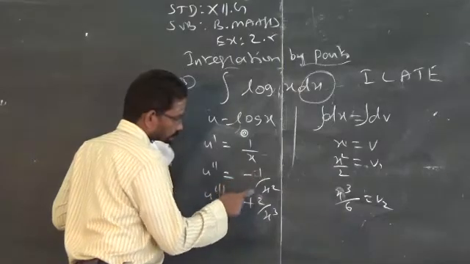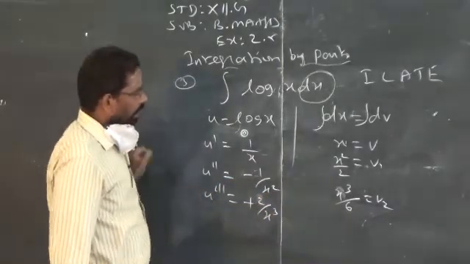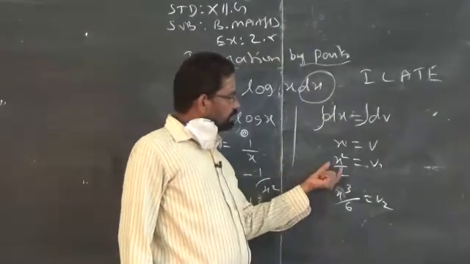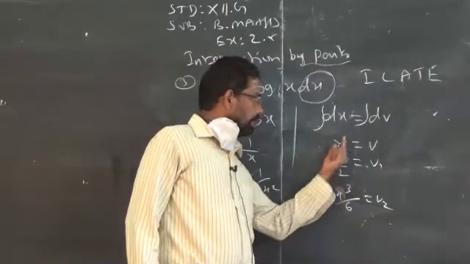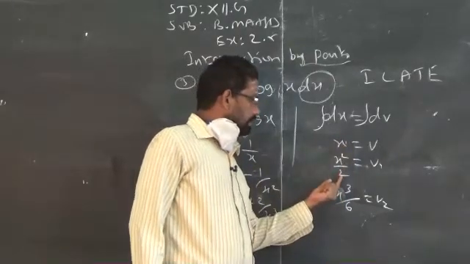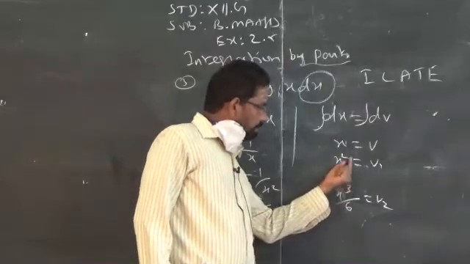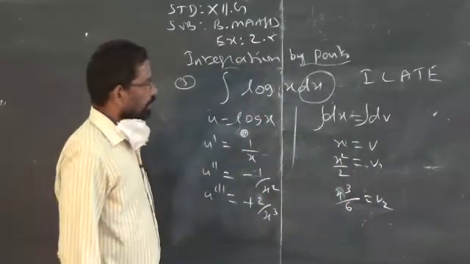Then minus will become plus, add 1 to the power of x. But in integration, this is normal integration. You should add 1 to the power and write it in the denominator. Power of x is 1, 1 plus 1 is 2, that will be the divisor. To integrate one more time, x power 3 by 3, already we have 2, so 3 2s are 6 and so on.